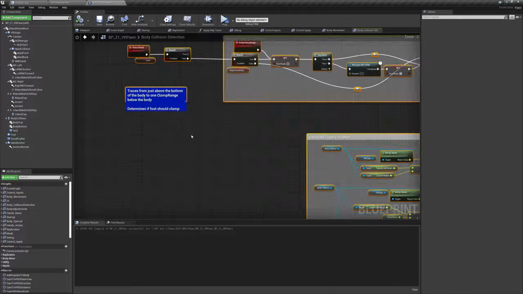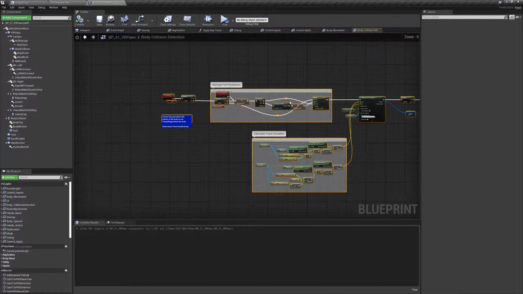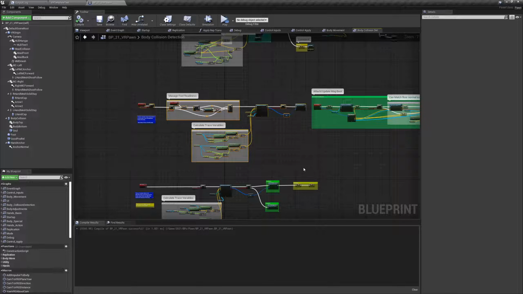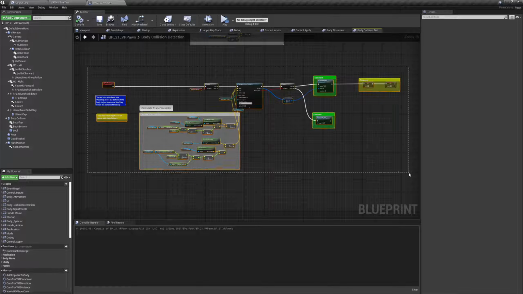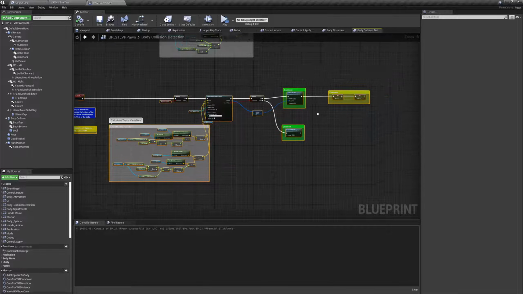This also checks underneath the foot. These are different. This one is the initial one to see if we can clamp, and then this one gets called every tick, once you're already clamped, to see how we should be moving. Okay,